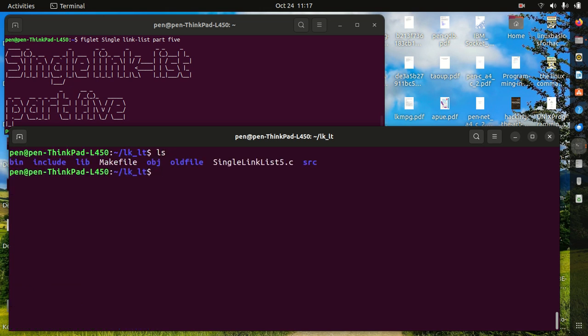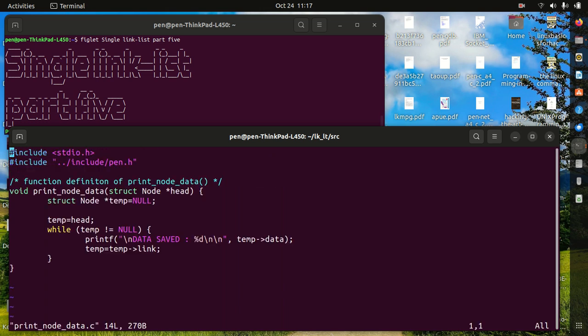Now open back the single linked list dots. No, not the single linked list. We have to go to the source. So we change to the source, and we use vim to open the print. Then in the print here, instead of pointing to temp link, let's say here we say temp should point to link. All right, temp should point to link which is equals to